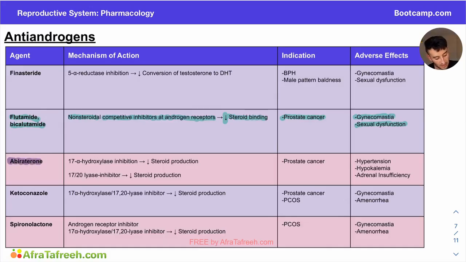Let's move on now to talking about abiraterone, and abiraterone is going to be inhibiting two of the enzymes in the steroid hormone synthesis pathway that are ultimately going to become androgens. So they're going to inhibit 17-alpha hydroxylase as well as 17-20 lyase. And when we inhibit these two enzymes, we're going to have decreased production of androgens because we are interrupting the steroid hormone synthesis pathway. So ultimately we're going to have decreased steroid production via inhibition of both of these enzymes.